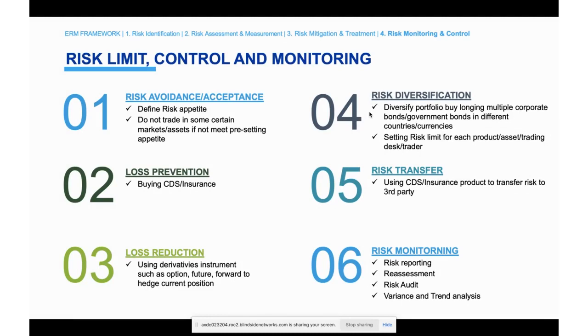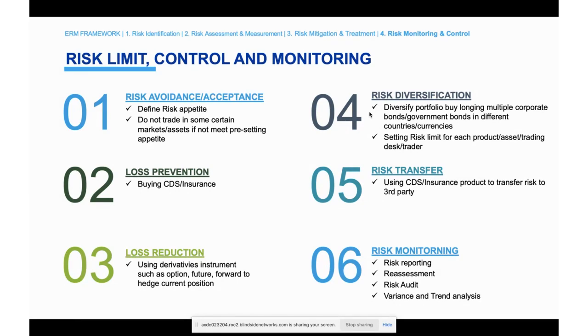So you can diversify your portfolio by holding multiple corporate bonds or multiple government bonds in different countries, in different currencies, and you can set the risk limit for each product, each asset, each trading desk, or each trader. The fifth is the risk transfer. The risk transfer here is when you use the CDS or the insurance products to transfer your risk to